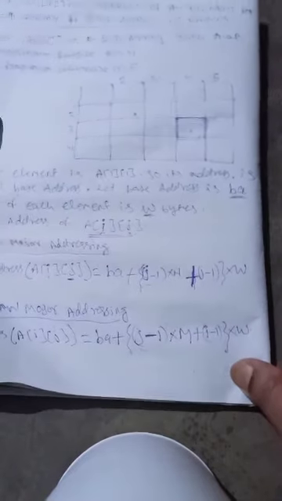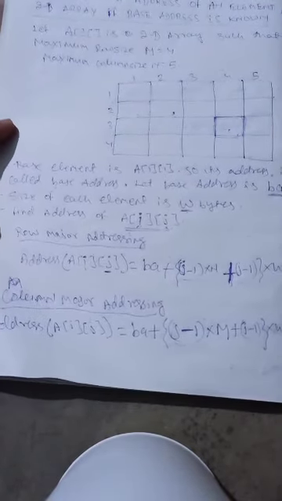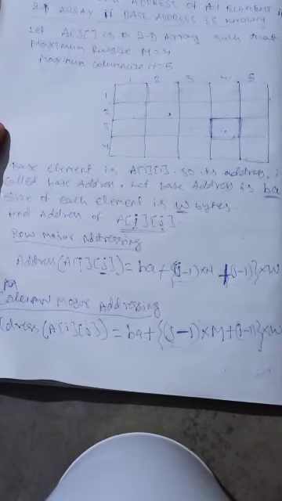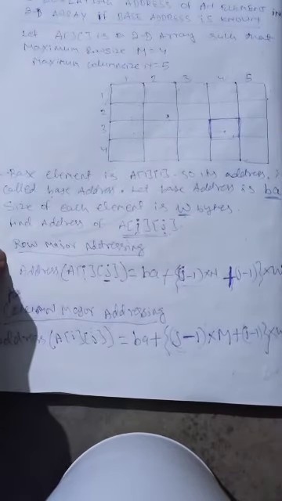Okay, this is the formula to compute the address of any particular element if the column major addressing scheme is used. Is that clear, guys? In the next video I will give you some numerical examples where I will do some calculations to implement these two formulas in order to calculate the exact address. Thank you.